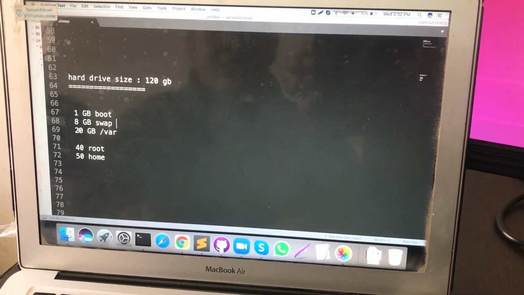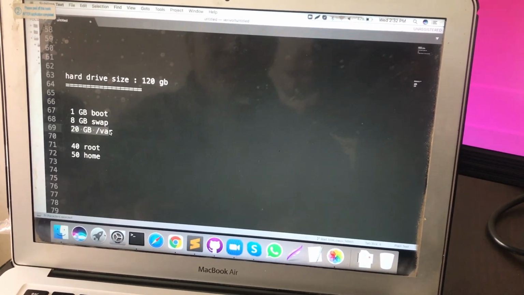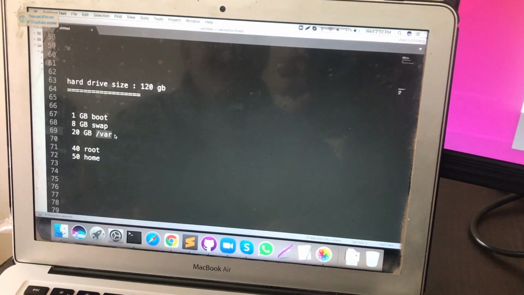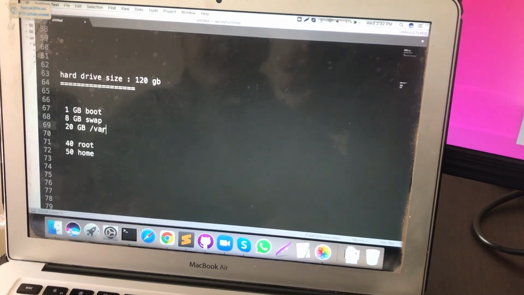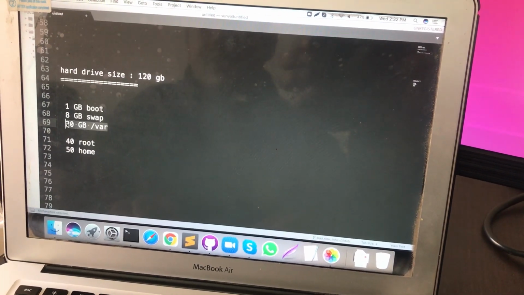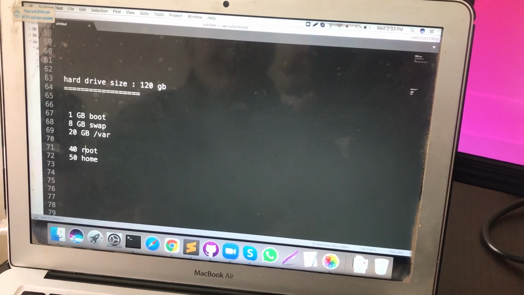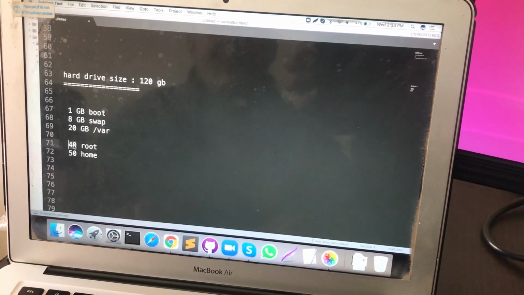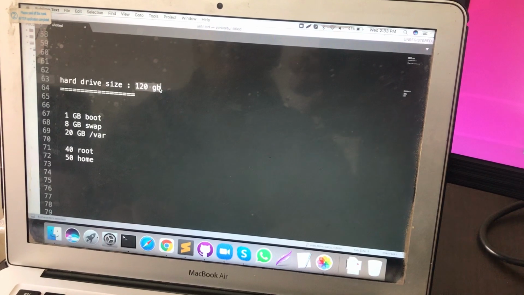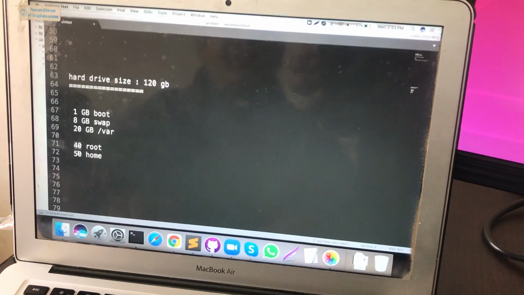Okay, then you need to make another partition called /var. This is used to store the server related things. If you are a developer and you are making a website, with PHP or any other language, then server files get stored over here. Then for the root partition you can make it 40 GB. You can make it 30 or 20 also, no problem, whatever is needed, but we have 120, so 40 is enough for us.